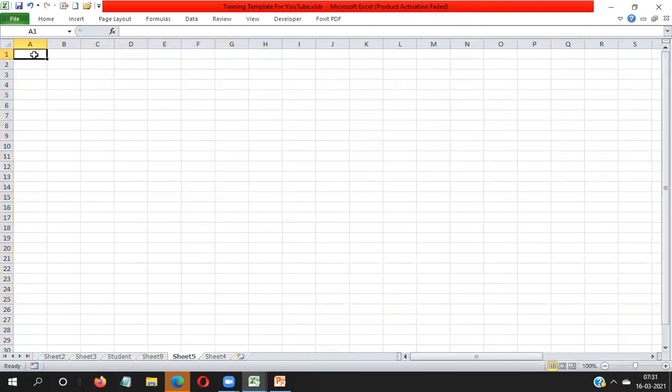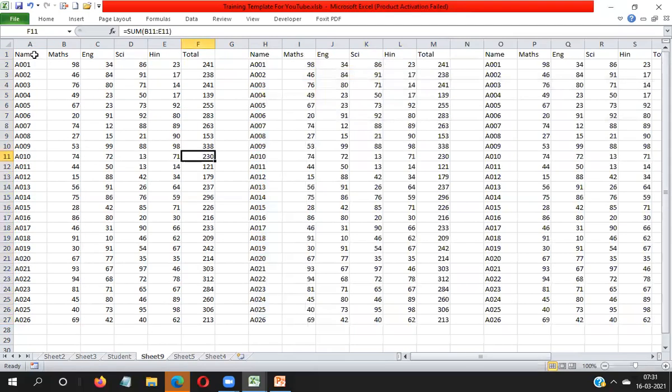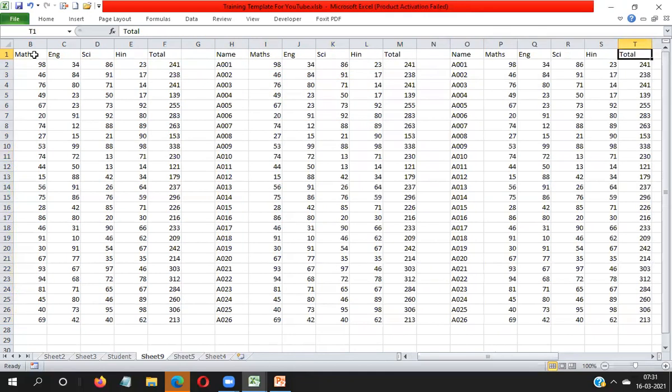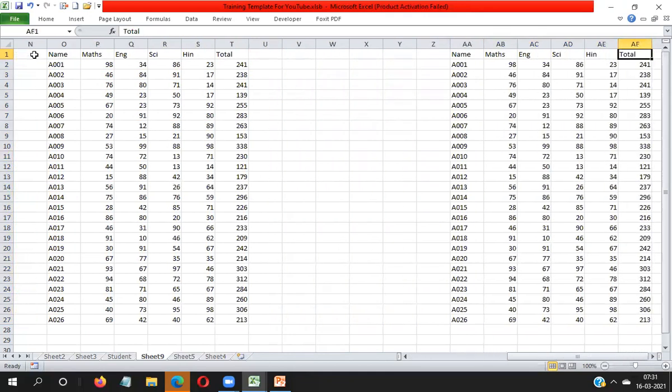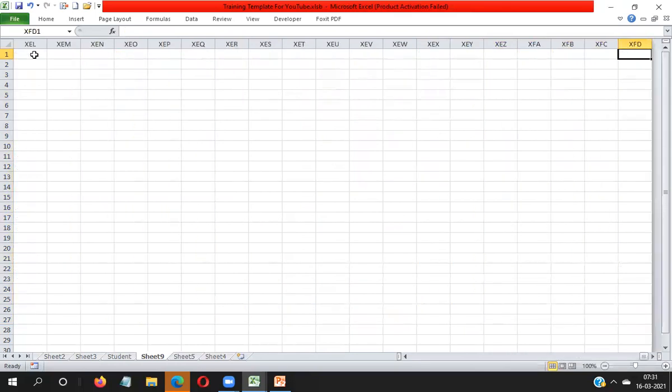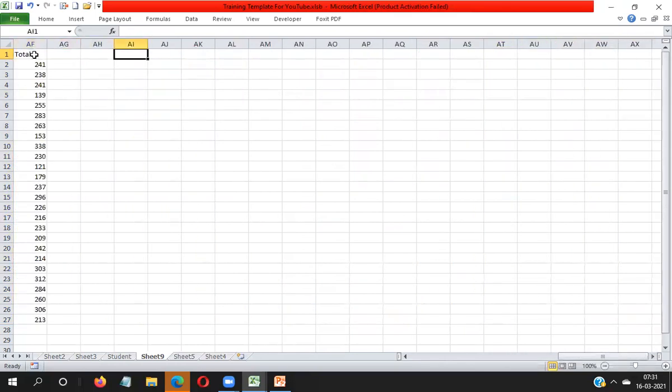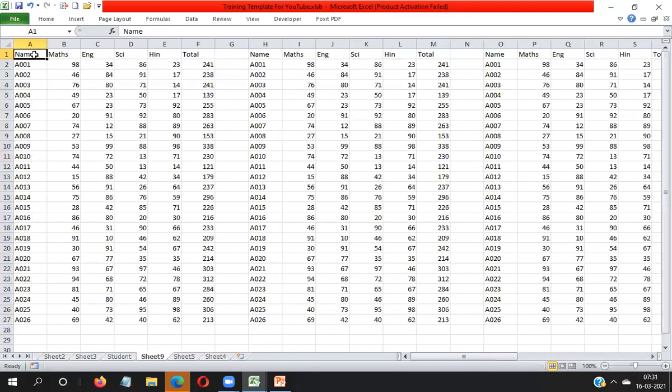No data is available in sheet 5, so I'm going to copy all the data which is available in sheet 9. Here I have taken data anywhere. It's not mandatory to take it in a group. I'm taking data here, XYZ, and here ABC. All the data will be covered through the used range.